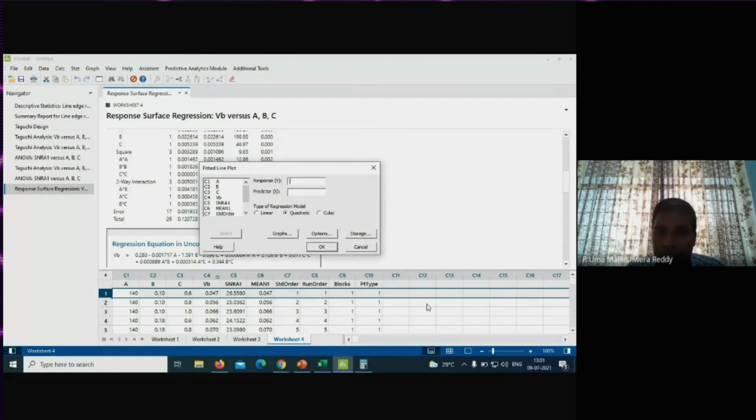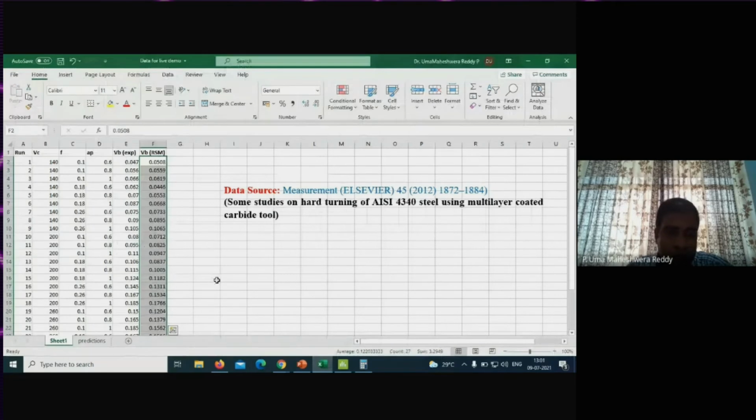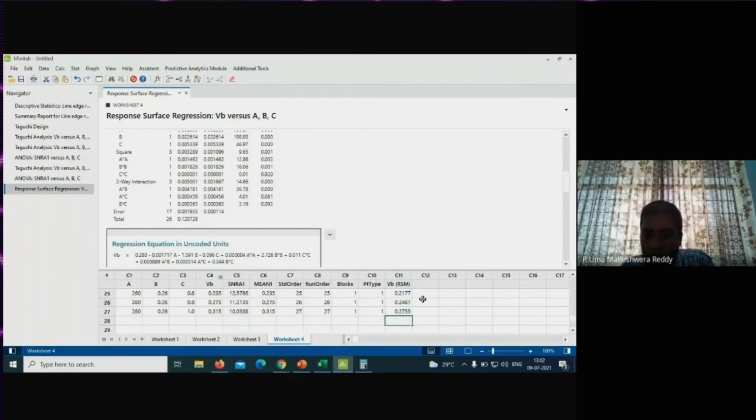So in a separate column, in C11, let me write VB, this VB from RSM. Whatever VB values we have from RSM, let me take this information to the worksheet window of Minitab. So I got all 27. Yes, I got all 27 values now.